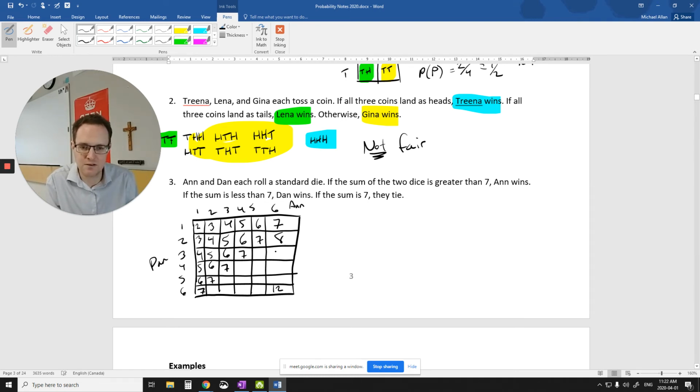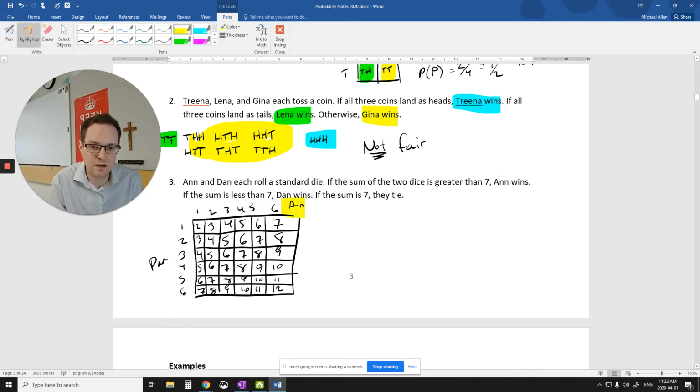And then if I continue the pattern, 8, 8, 8, 8, 9, 9, 9, 10, 10, and 11. Okay, so I've drawn out my sample space. Looks pretty good. Now I want to know when